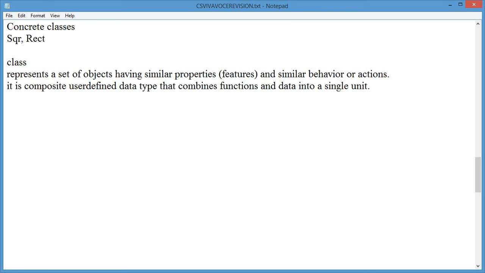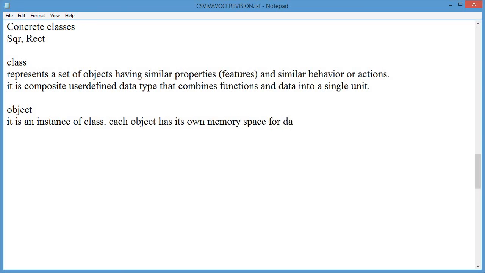Okay, so a class is basically a blueprint for all the objects which have the same type of properties and the same type of behavior, or we can say functions. An object is just an instance of a class. Okay, and each object has its own unique memory space